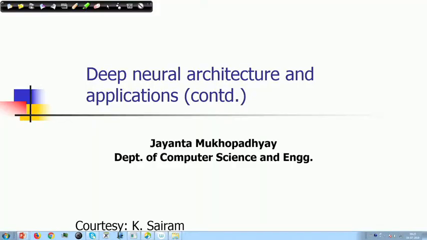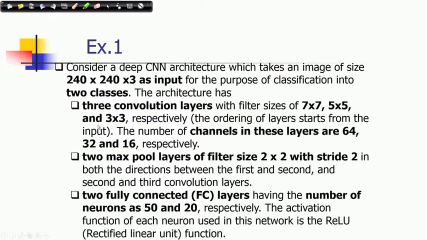We continue our discussion on deep neural architecture and applications. In the last lecture, we have discussed convolutional neural networks, and we have also considered different architectures of convolutional neural network. Let us consider a problem at this stage to find out the number of parameters and also to determine the sizes of the output or input to a particular layer